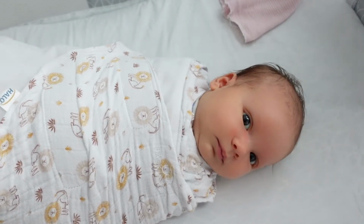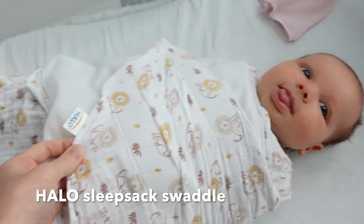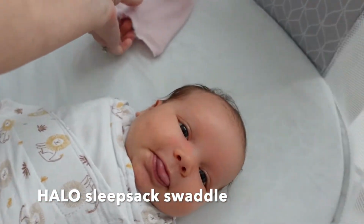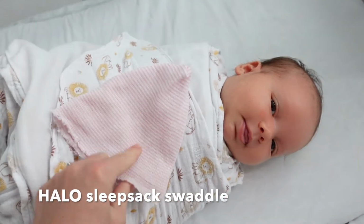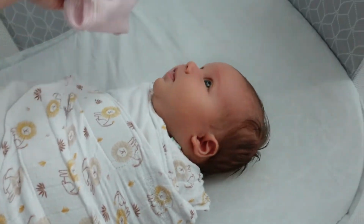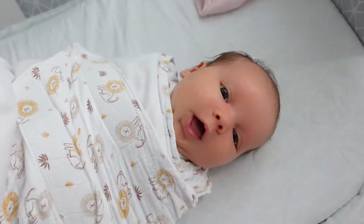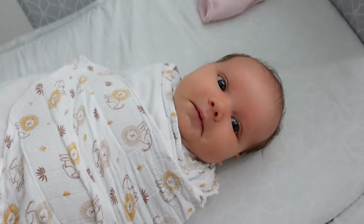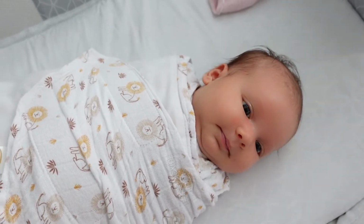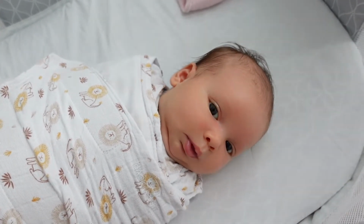Good morning, Adeline. So this is what she sleeps in. This is also for us a newborn essential, which is the Halo Baby Swaddle. And as I mentioned in one of my day in the life videos, this isn't something you need to purchase, at the hospital they give you little hats, and she just wears this. So I have 2 of them, and then Paxton I think had 2 or 3 from the hospital, and then we just wash those because I feel like they fit the little newborn heads the best of any of the store-bought ones. I just feel like they're not as small and as stretchy,